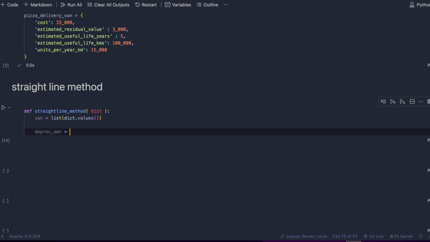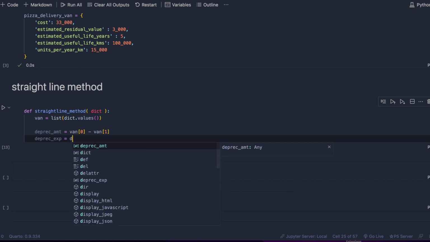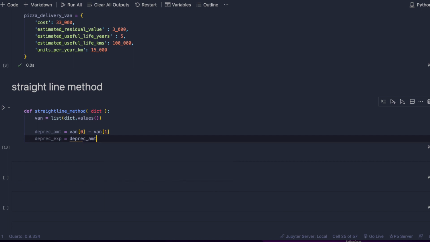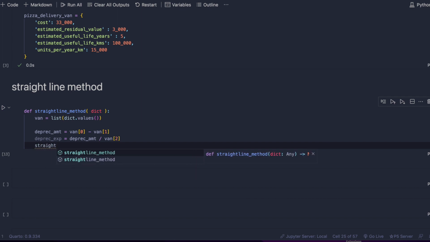that is the cost, subtract estimated residual value, is our depreciation amount, divided by the estimated useful life years, straight $100 divided by